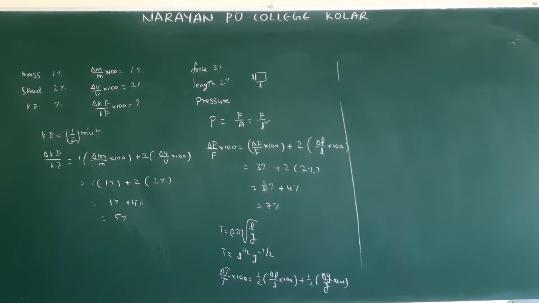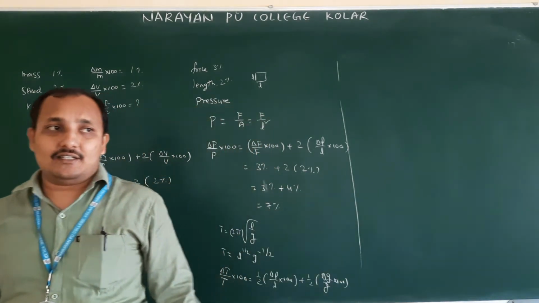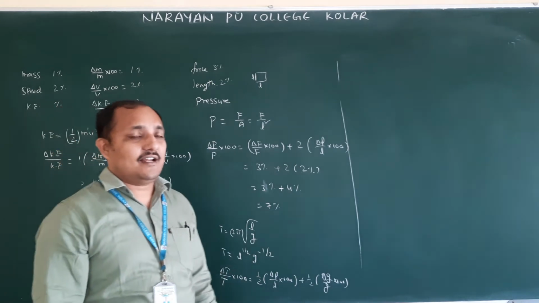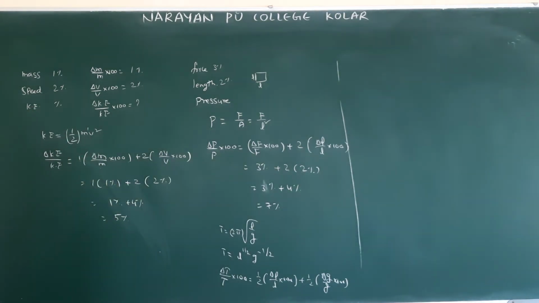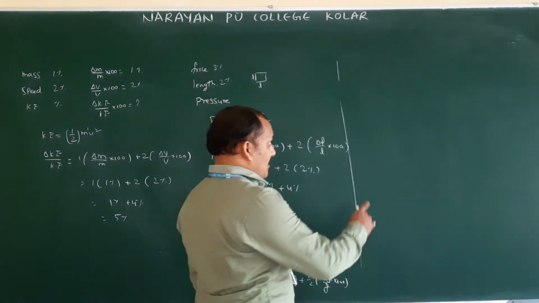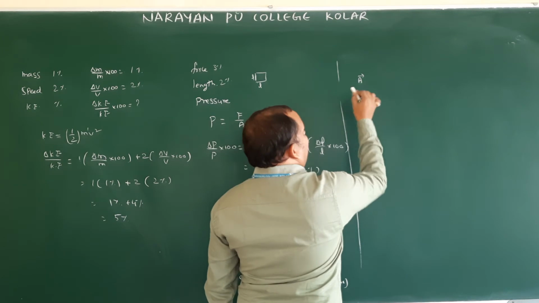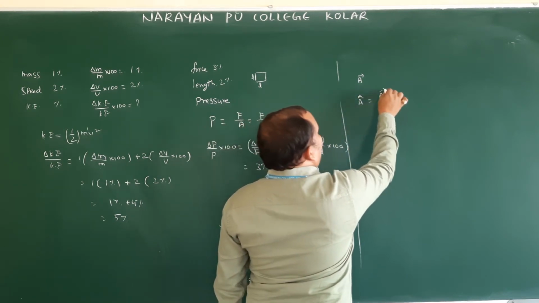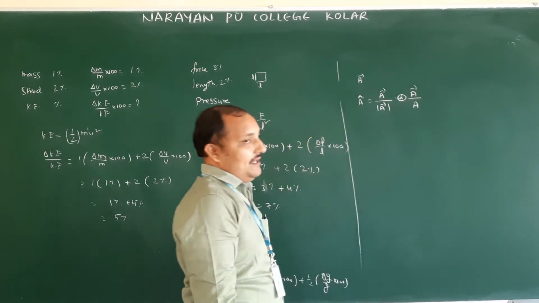Next they gave me scalars and vectors. Scalars and vectors, already you got in the motion in a plane lesson. So sir gave an introduction for that, scalars and vectors to discuss. So in motion in a plane, at the time you got zero vector, null vector, equal vector, scalar, unit vector. So all these you might have known. So what is meant by unit vector? So you might have written: A bar is a vector, A cap is unit vector, and A cap is equal to A bar by mod A bar. This one only they will write as A bar by A.